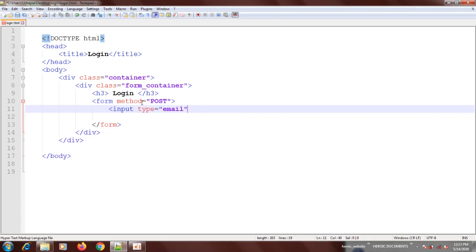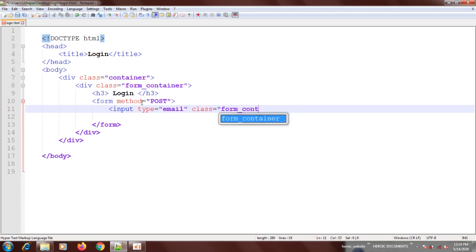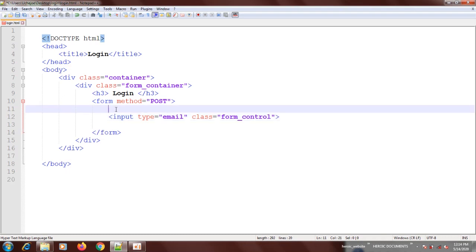Then maybe we are going to give it a class of form control. Something like that. Then after that, because I'm not coding it with any PHP, let me give the name. I'll just close it this way. Maybe I'll remove it.